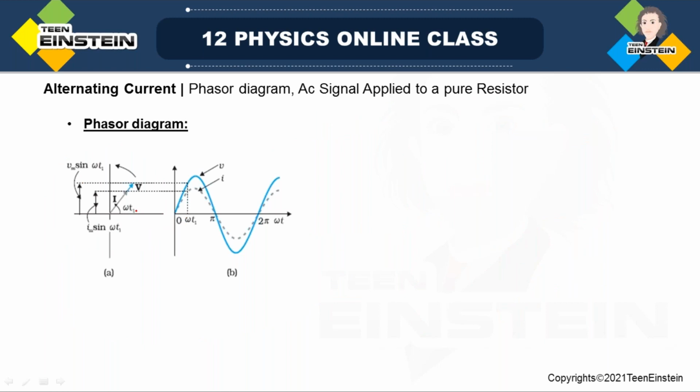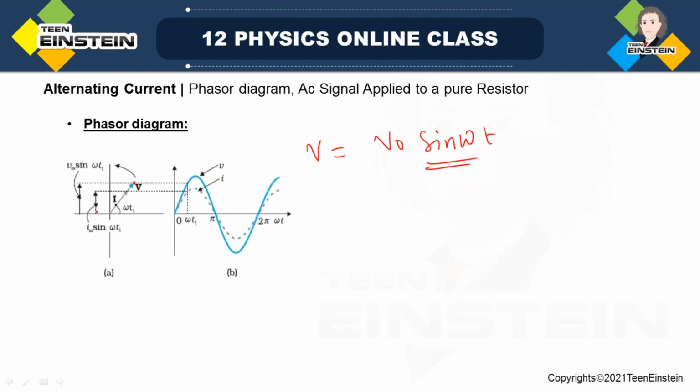So here they have written, instead of writing omega t directly, they have written omega t1. See, this is the gray color. Up to the gray color, this is the current, and up to this is the voltage V. They have written the voltage of the signal is V0 sine omega t. That's why in the drawing it is written V, and both are actually rotating in the